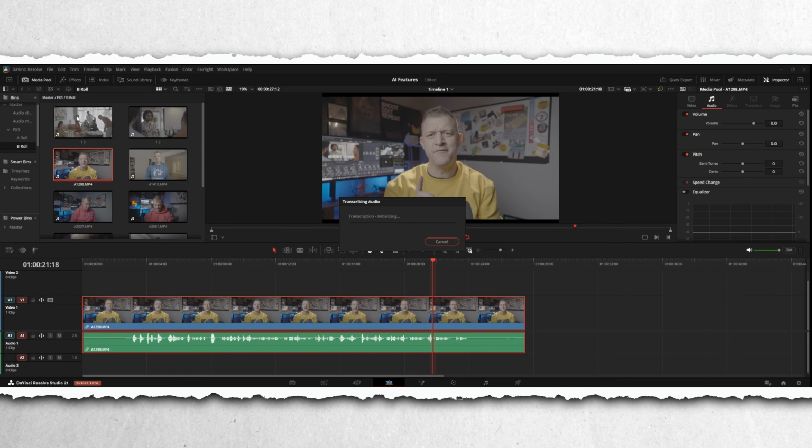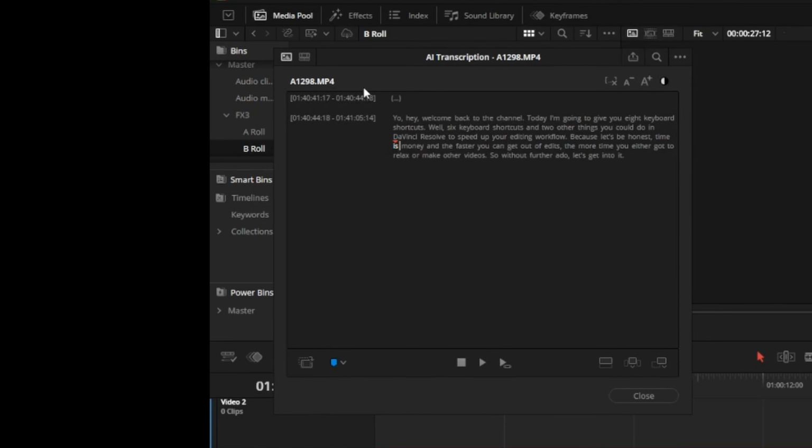Next up, AI IntelliScript. AI IntelliScript, or those kind of text-based editing things, have been popular for a while now, but to have it bundled in with Resolve is pretty good, and it works absolutely amazingly. You just need to quickly have it scan and analyze your footage. It brings up the transcription, which 9 times out of 10 is pretty bang on. It generally nails the script pretty well,